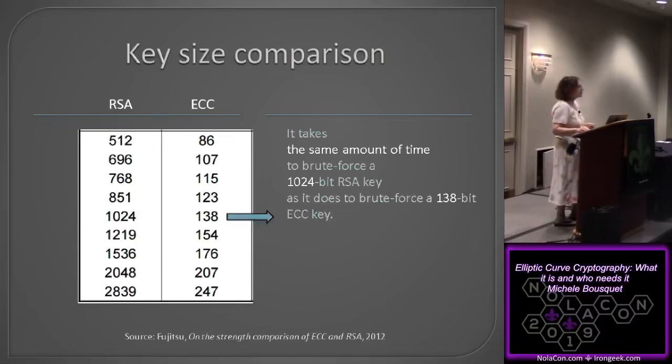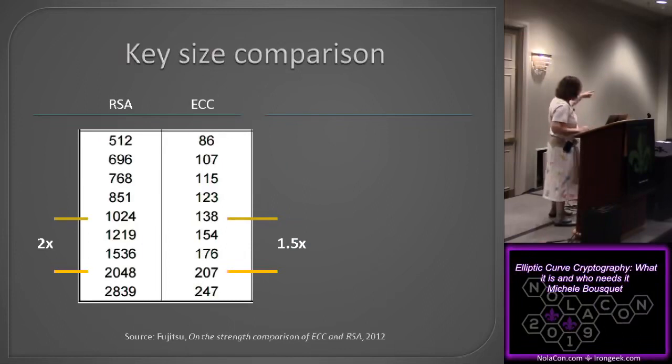And for a hacker to brute force one of these keys, look at the difference in the sizes. You can have a 138-bit key that does the same job as a 1024. And smaller keys are faster to compute and use less power, especially if you're doing a lot of computing. This is going to make a big difference. And if you look also, as the size of the RSA key doubles, the ECC key size does not double. They get larger at a lower rate. So as we're going into these bigger and bigger keys, the divide is going to be even bigger.